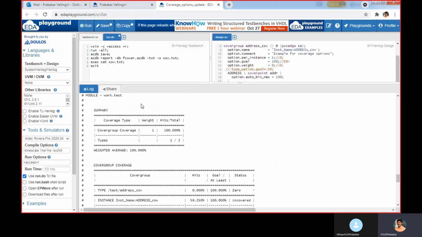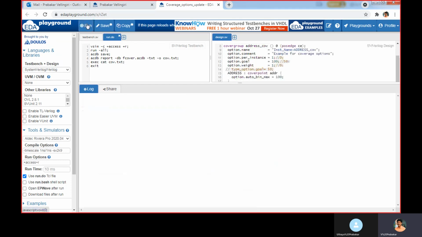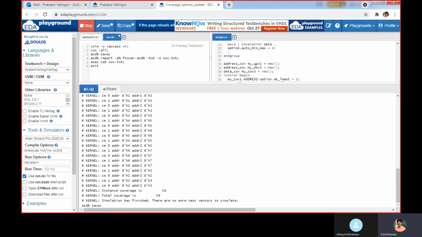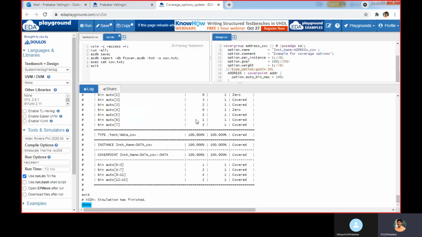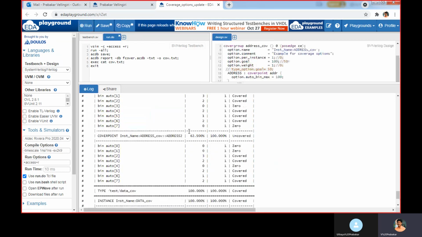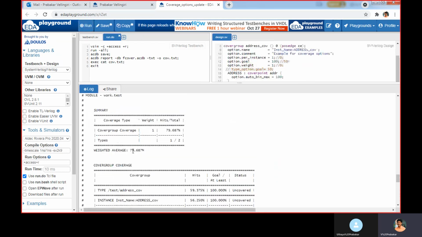If you see the overall coverage before I make it 0, I give weightage as 1, and for the address cover also the weight is 1. So for address and data cover, I gave the same weightage.